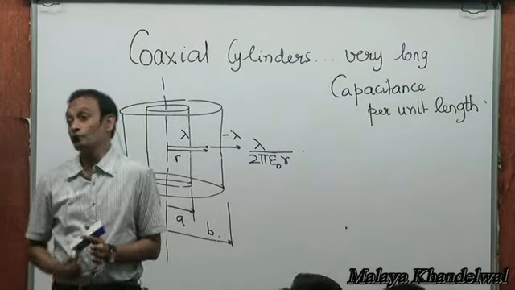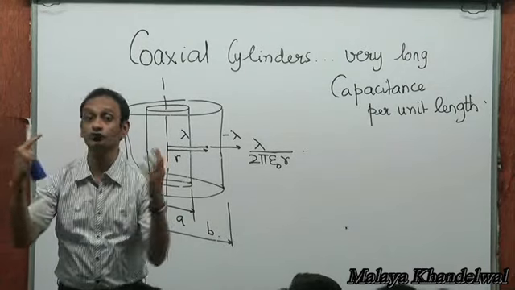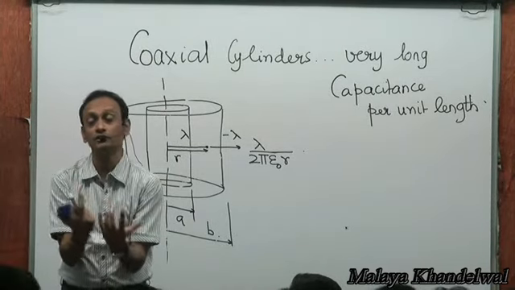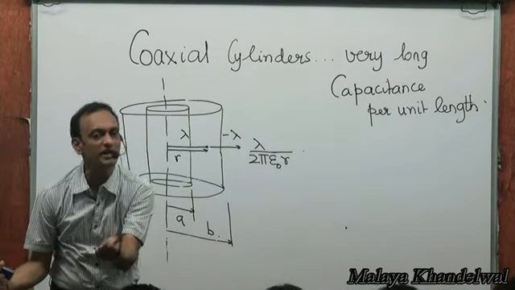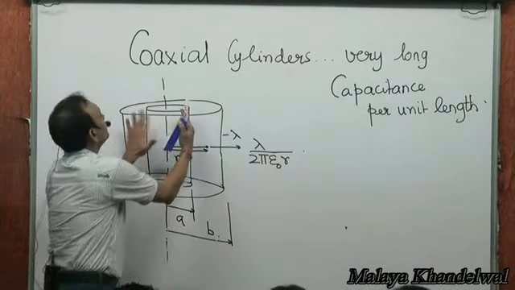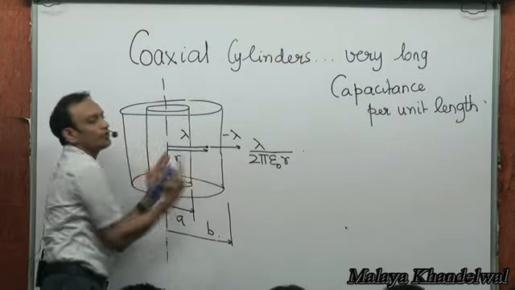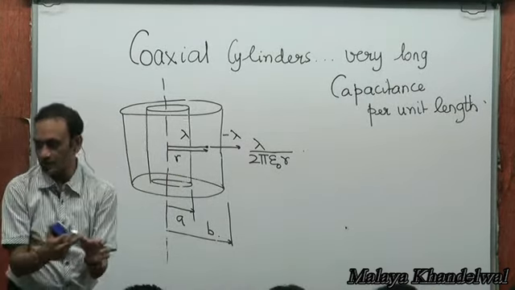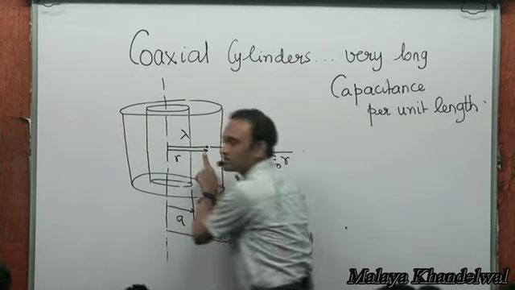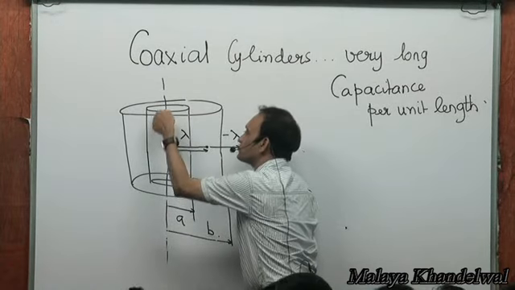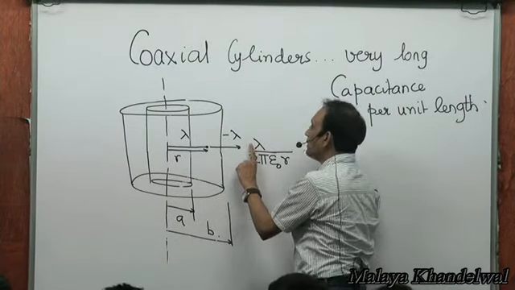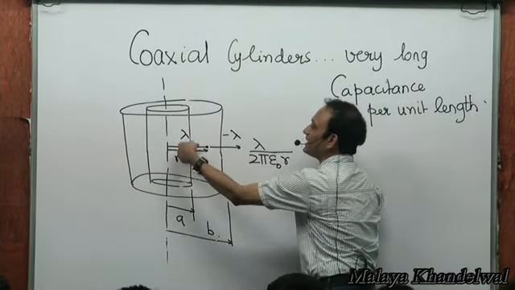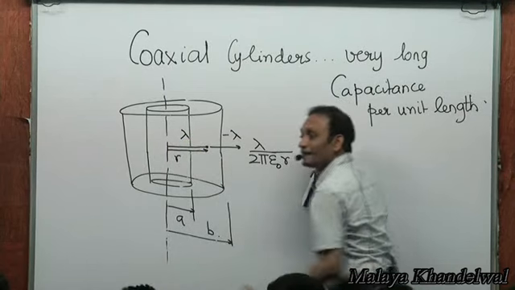Just like when you have a spherical conductor with charge uniformly distributed on the spherical conductor, for points outside the conductor you can imagine the charge to be concentrated at the center. Similarly, if you have a charge uniformly distributed on the curved surface of a cylinder, then for points outside the cylinder you can imagine that charge to be on the axis of the cylinder. So then lambda by 2 pi epsilon naught r is the electric field from the positive to the negative charge,